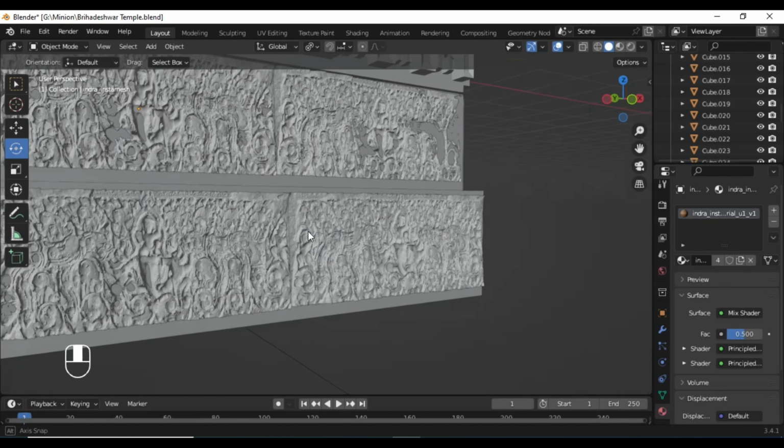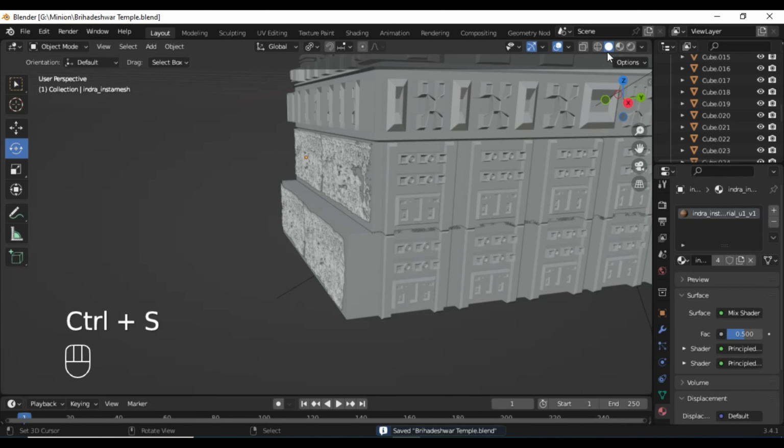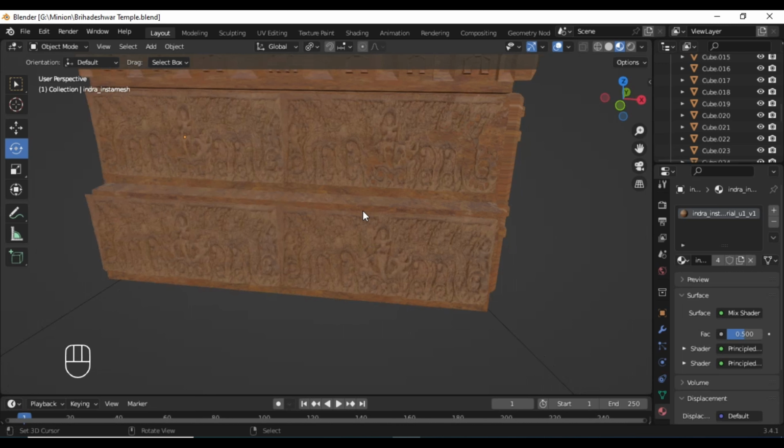However, our purpose has been solved and the wall of the temple now has a very good kind of design and decoration. So this much for this video, and we will meet in the next